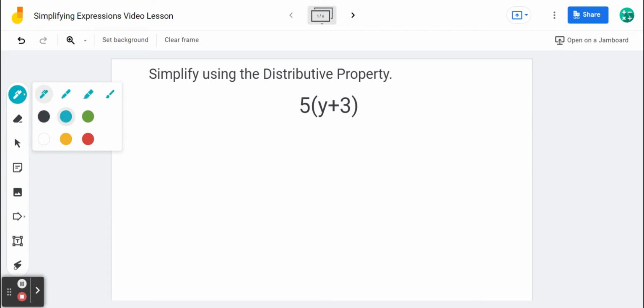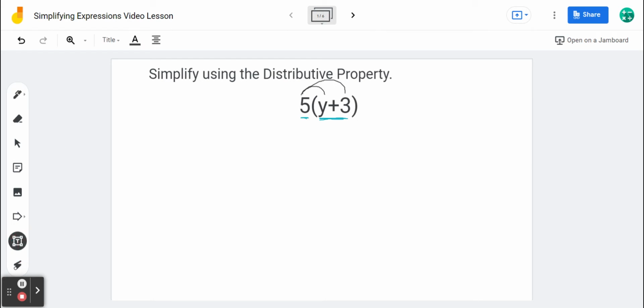So in this case, this whole expression, y plus 3, is being multiplied by this one number, the 5. So that means every part of the inside is going to be multiplied by the 5. So that means 5 times y, and then 5 times 3. And we skipped this step yesterday, but technically,